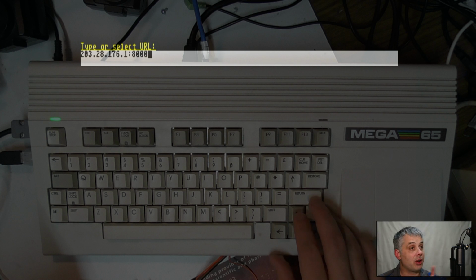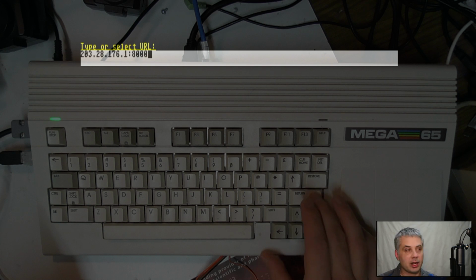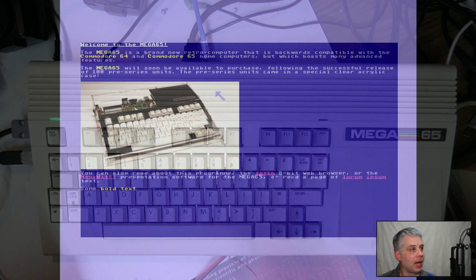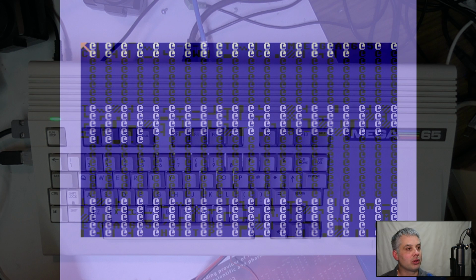Now in theory, I can just type in this IP address like this with the port number, and our URL parser will actually put the missing bits on the front and back, which makes life a bit easier. So cool, so that's loaded. So let's try and... Ooh, it's doing it quite reliably now, which in theory means that I can try and investigate. It's a little bit of a bummer to try and show you what I wanted to show